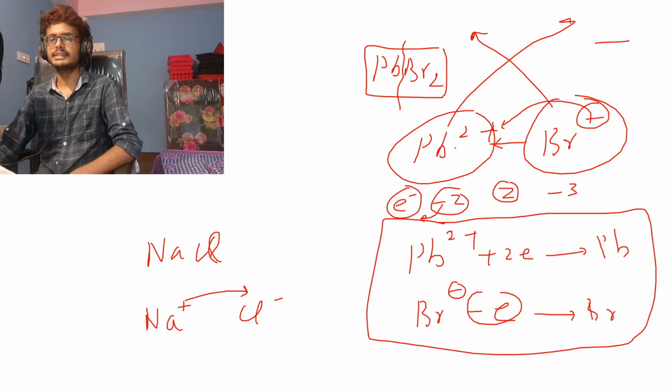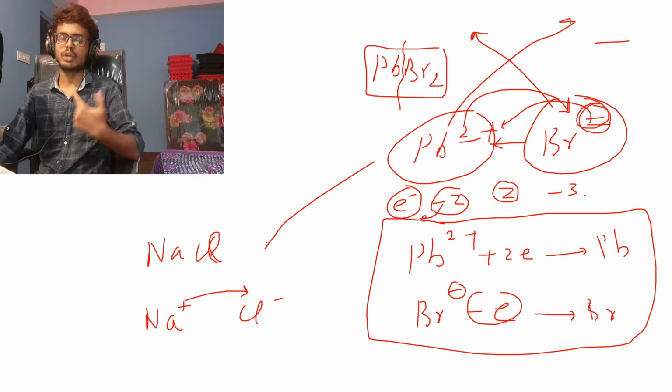See, what I said is exactly what you said, right? So lead bromide, lead is a metal, sodium is a metal, so lead will be positive, bromine will be negative because lead gives electrons, bromine will receive. That's why it is negative. So now you're justifying what I said, right?